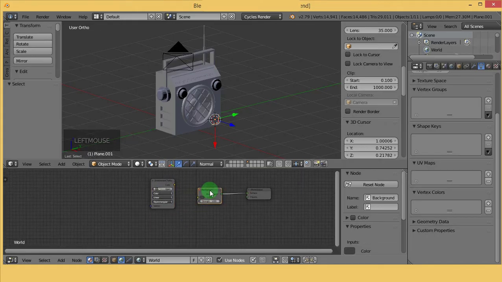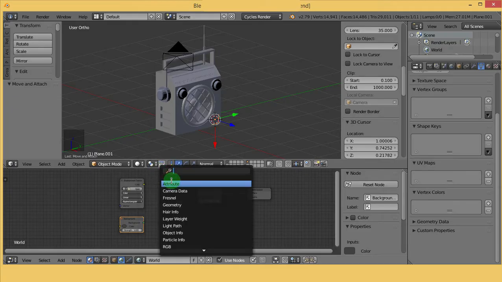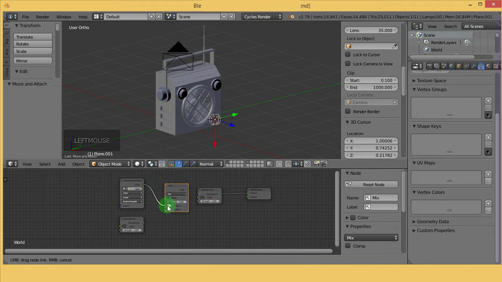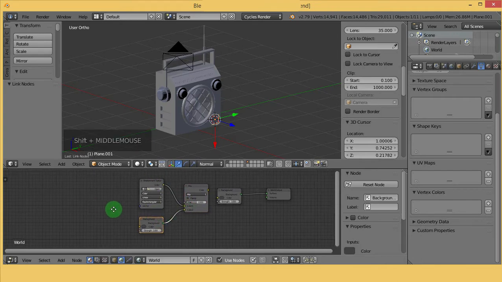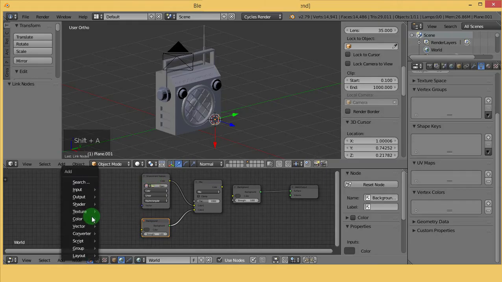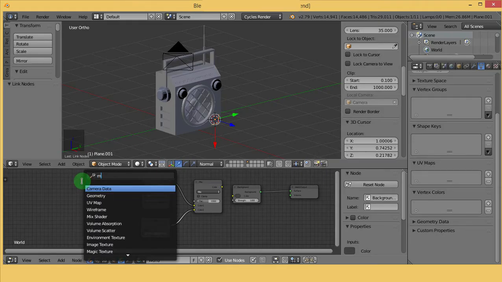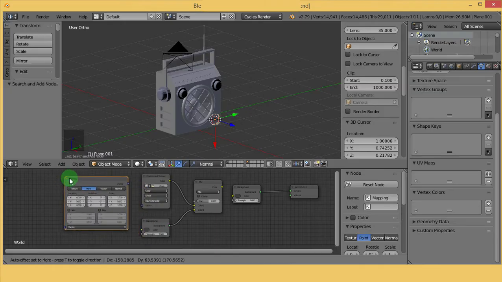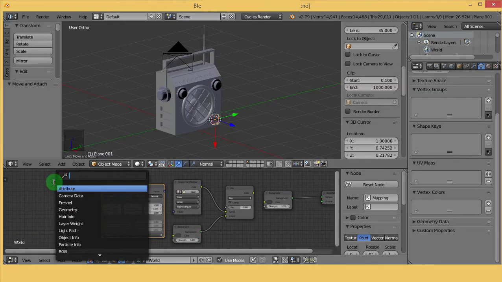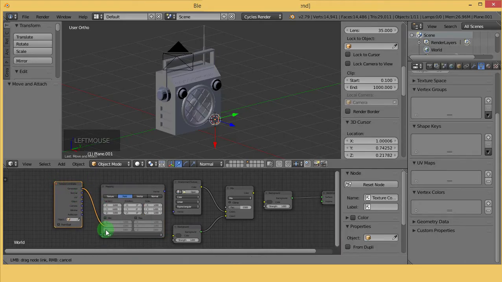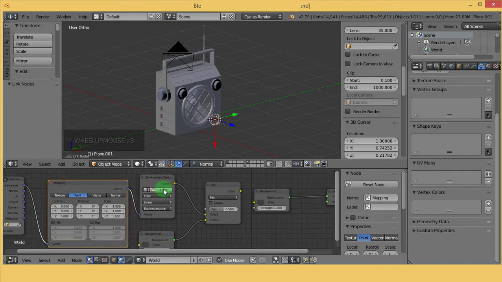And then I'm gonna duplicate this, Shift D, and I'm gonna use a mix RGB node, plug this here, plug this here, and on top of this I'm gonna use a mapping node, and use a texture coordinate, I think it's called. Yeah, there we go. And then generate, come to vector, and this one goes about there. And here, that's where I'm gonna put my